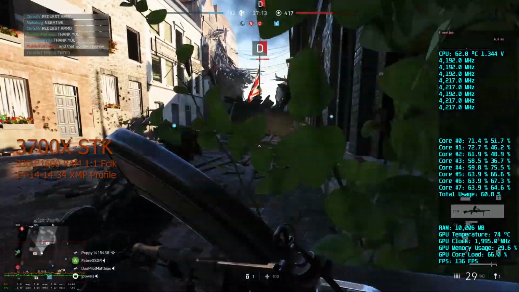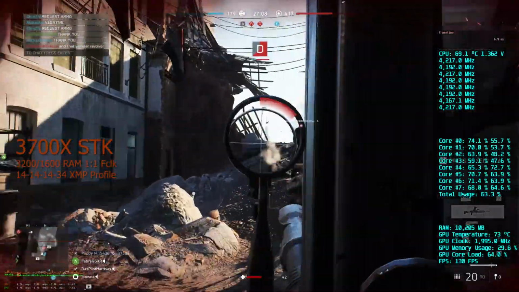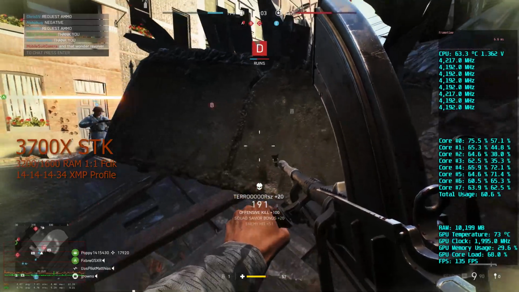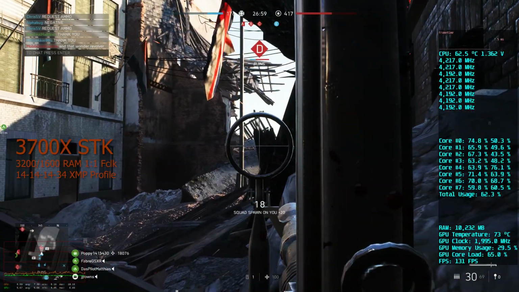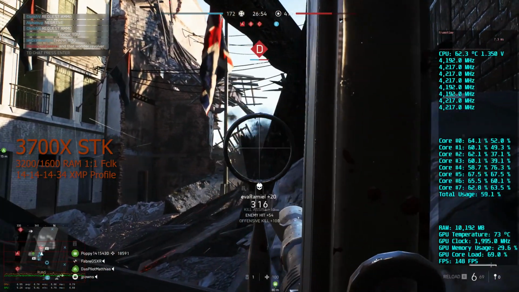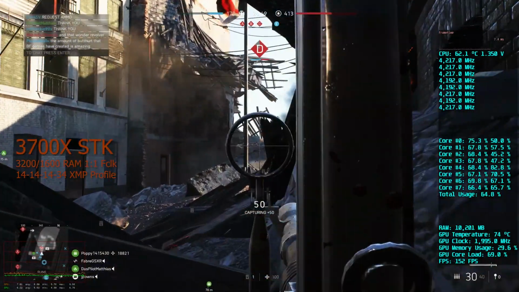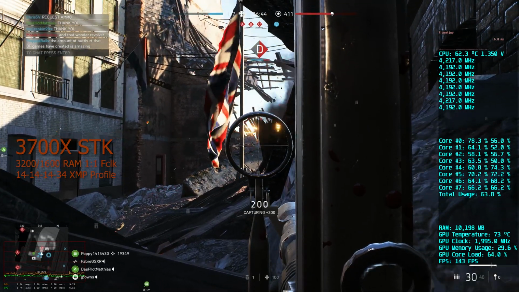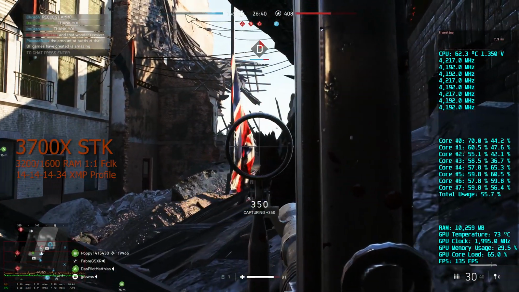One thing I want to point out early on here is the footage you're looking at now has been the 3200 CL14 on the XMP profile. This performance is okay, if you will, and maybe if you have a much lower end GPU, it's a non-issue. You'll be more GPU bound. But if you're someone that's really looking to maximize your frame rates because you want all the competitive edge you can get and all the smoothness that you can get in the game, you're going to want the faster memory